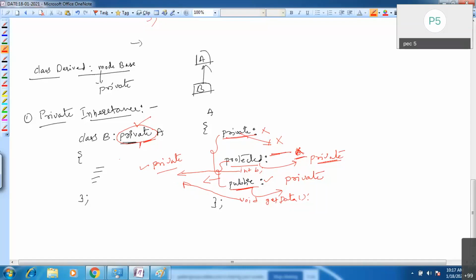Can we access these private members from outside the class? Outside this B you cannot access them, because they have become private to the derived class in a private derivation or private inheritance.